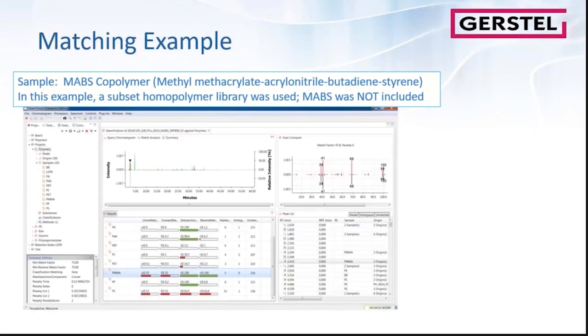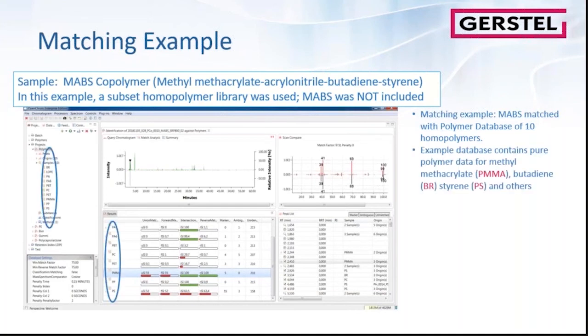So this is a screenshot. Matching a sample is done with a reduced database of 10 homopolymers, only the pure ingredients. We have reduced the database here to be quick and to show you how to rule out components and so on. I'll come to this later. So here the blue circles show the library, and then in